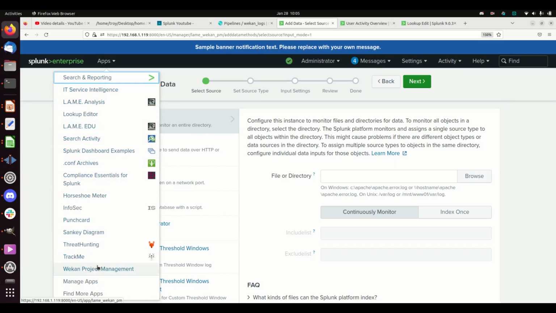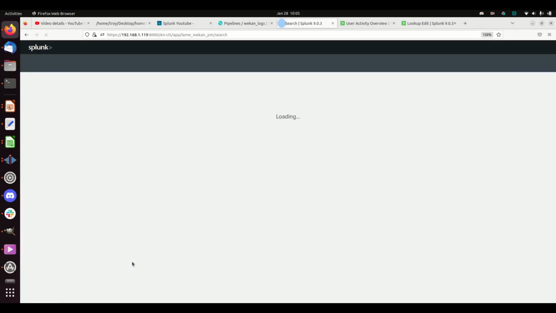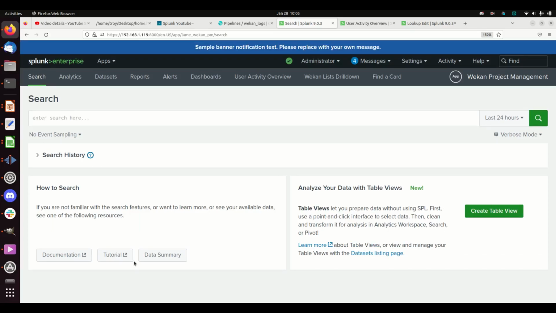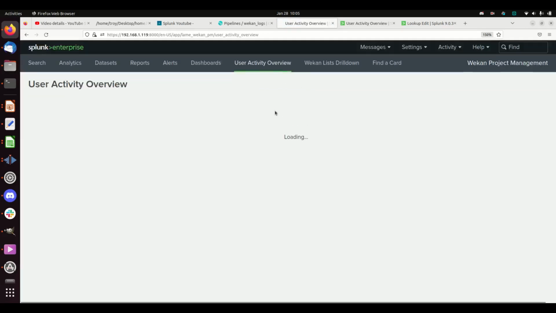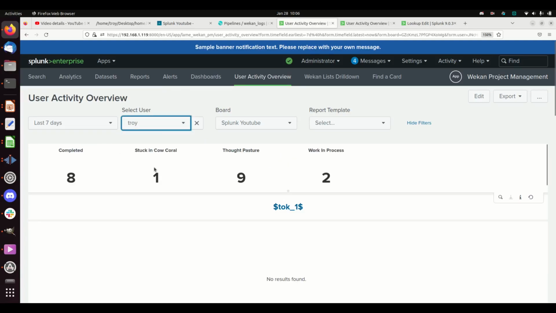So let's go into my WeKan project management. There are some logs I would really like. The first thing I want to build is a user activity overview report. The principle is that I want to take my board and put this information in front of a manager, coworker, etc. So we want to be able to select a user and say, hey, this applies to Troy. We're going to look at the last 7 days of his YouTube channel. And what will come back is a summary of his different lists. And if that works right, we should see